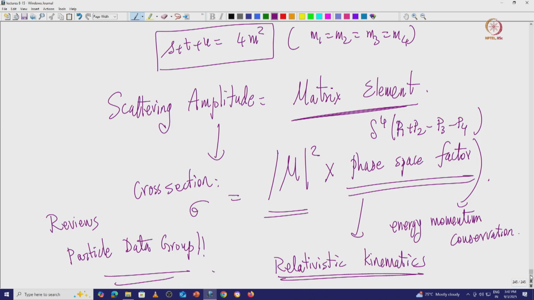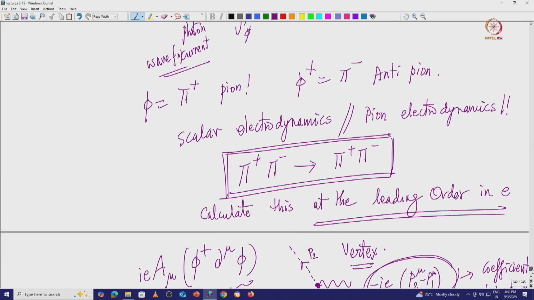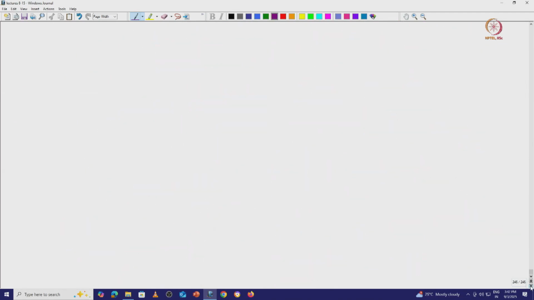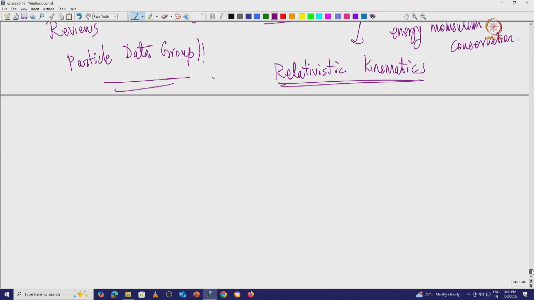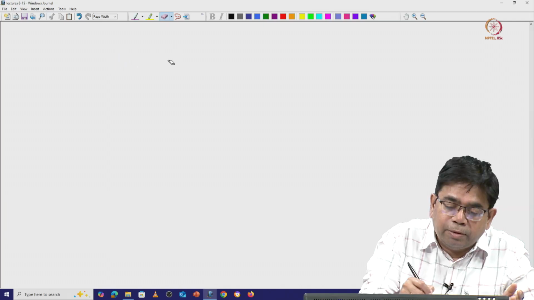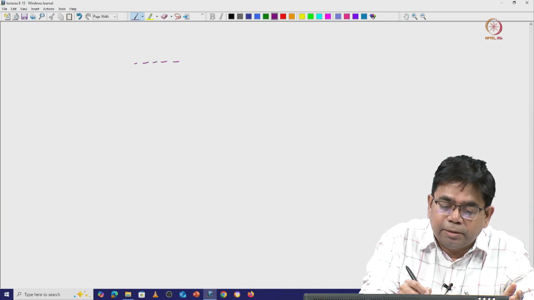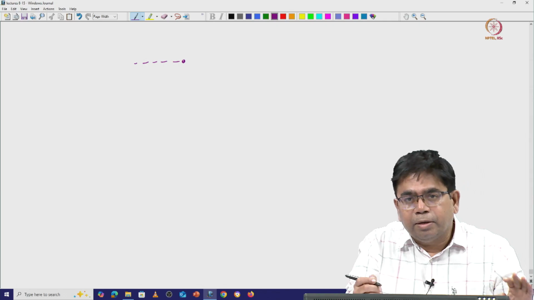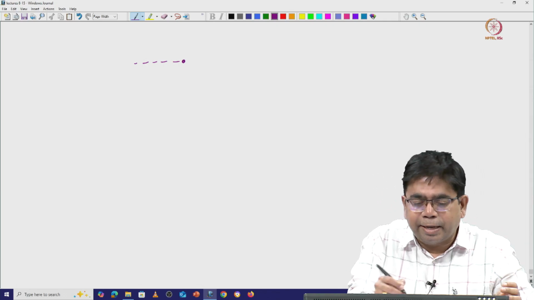So with this, let us come back to the simplest example we have been considering, which is pi plus pi minus going into pi plus pi minus. So let us write down all possible diagrams with incoming states, vertices, okay. If a pion is simply moving, you just draw a pion, but it has interactions, essentially. Let us not consider that process, but then it has interactions.